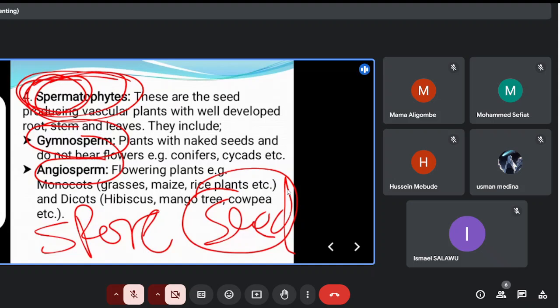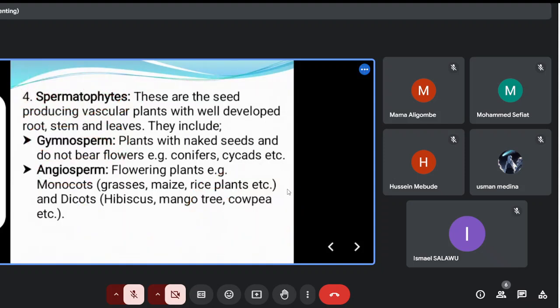Sorry for that interruption. Now I said the major difference between the gymnosperm and the angiosperm is that even though they are flowering plants and they produce seed, their seed is always what? Is always naked. Now, what should you take away from here? Where are you likely to see questions about the gymnosperm? You could see questions whereby you would be asked a group of flowering plants